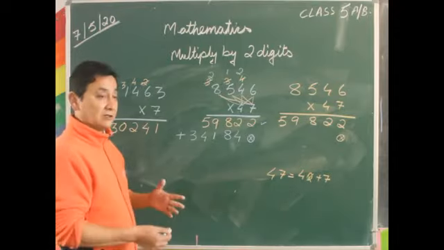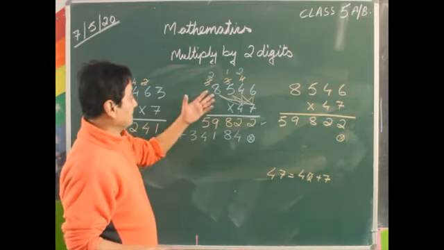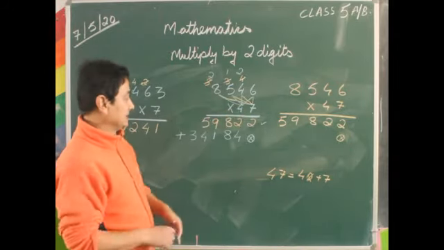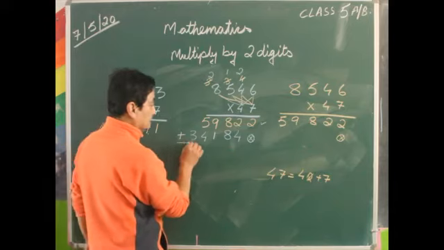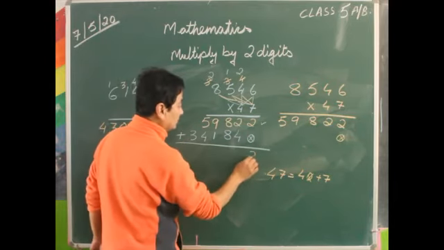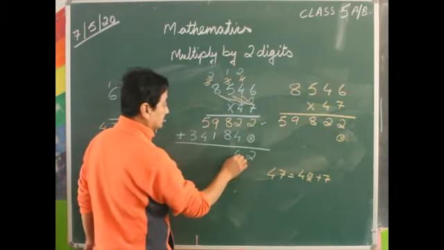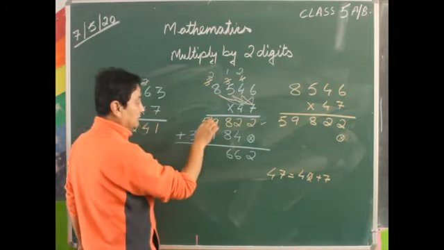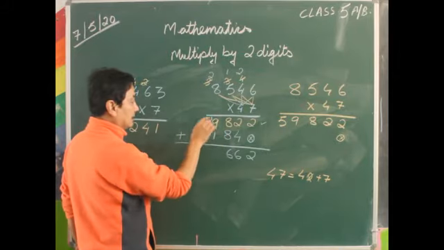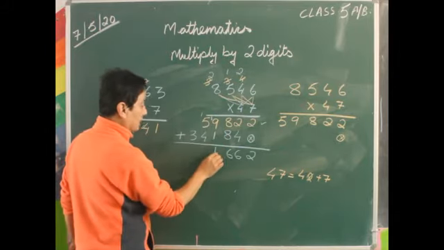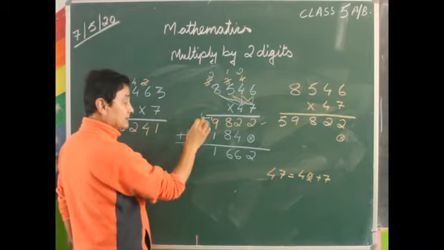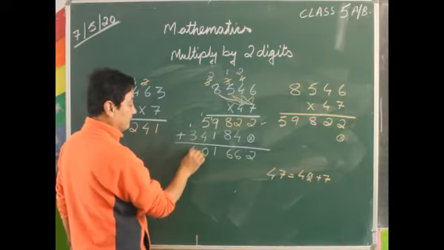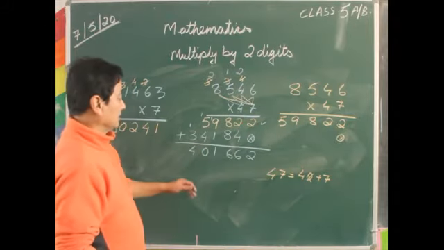Now, the overall answer that we get by multiplying 8,546 by 47? For that, we must add 2 plus 0, 2, 4 plus 2, 6, 8 plus 8, 16. Carry it here. Don't forget to add that. 9 plus 1, 10 plus 1, 11. 1, 1. 5 plus 1, 6 plus 4, 10. 1, 0. 3 plus 1, 4. So the answer that we got is